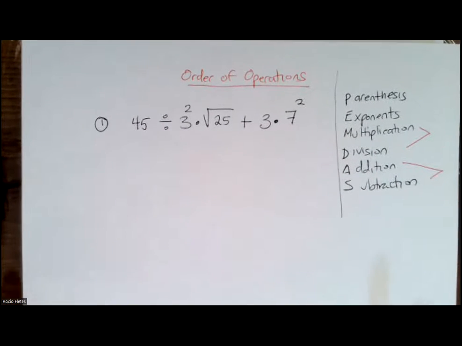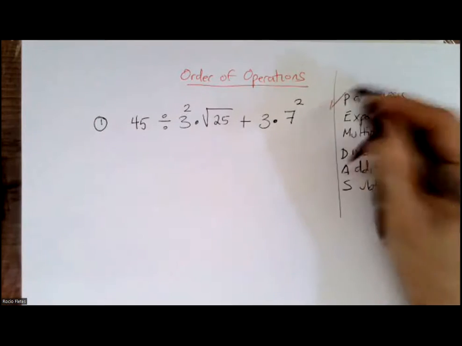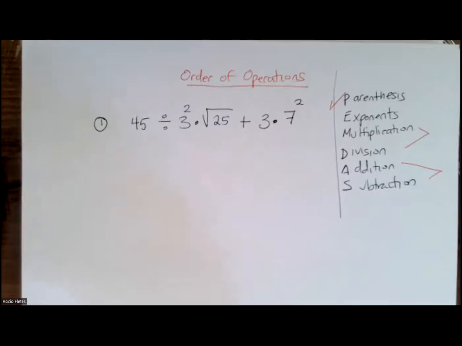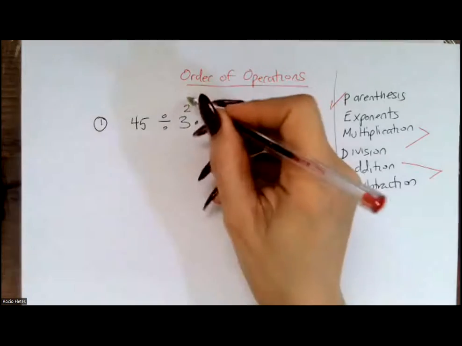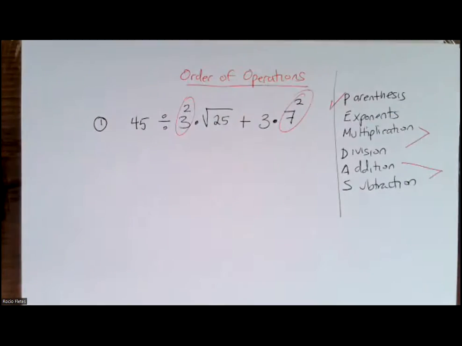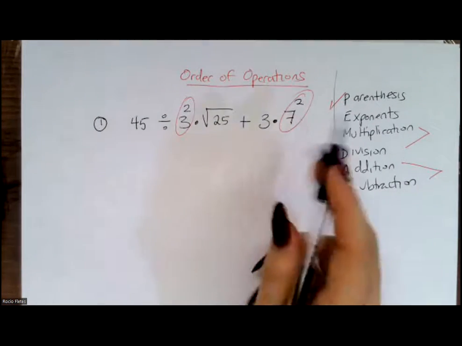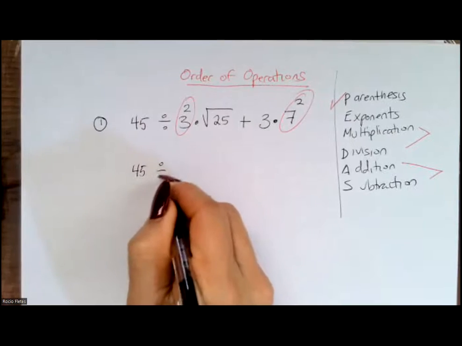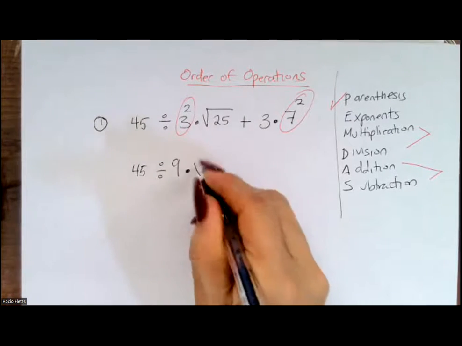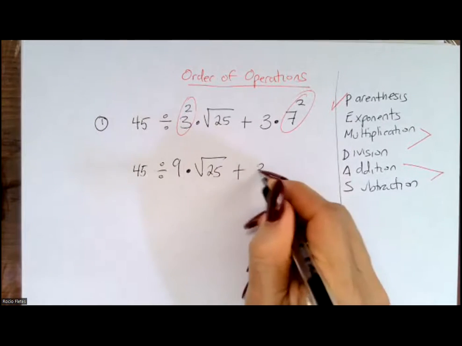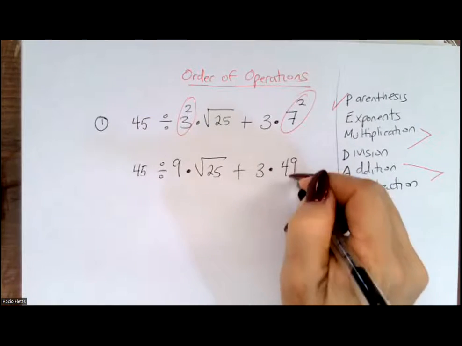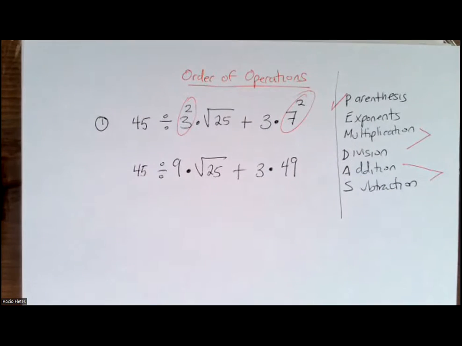Okay? All right, so we're gonna start here with parentheses first. Now notice that there are no parentheses, so I don't have to worry about parentheses. I'm gonna put a check mark there. Now I do have exponents, so I need to simplify that. So notice that you have the 3 squared and the 7 squared. So you can write down 45 divided by 3 squared, which is 9, right? Times, and write everything else the way it is. And then 7 squared is 49, okay? So then you're done with the parentheses and the exponents,